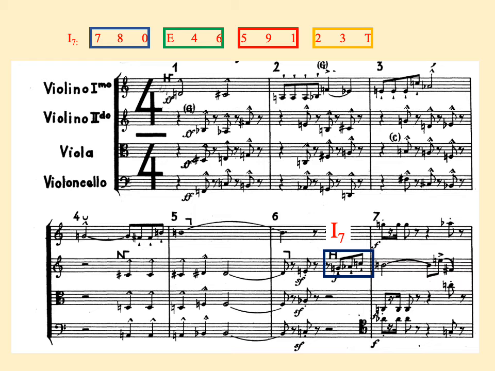And then when we get to measure 7 and the violin plays B, E, F sharp, that's the second trichord. But you'll notice that while it's moved on to that in measure 7, if you look at the chord that's played by the first violin and the viola and the cello, that's a C, G, A flat, 7/8-0, first trichord of the row chord. And that's accompanying that second trichord,